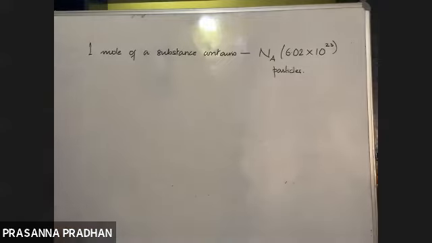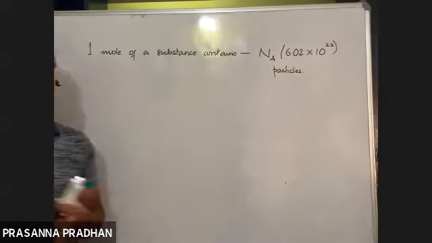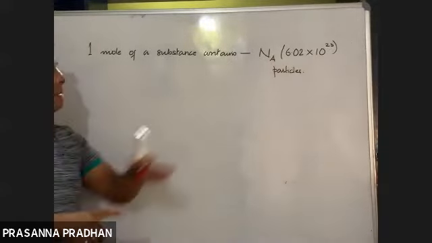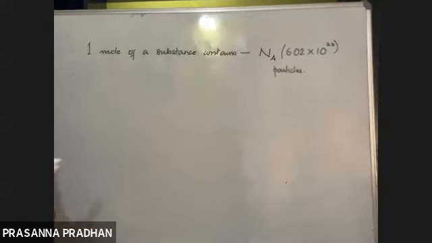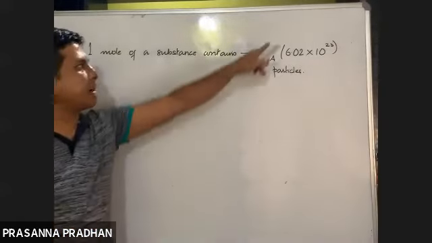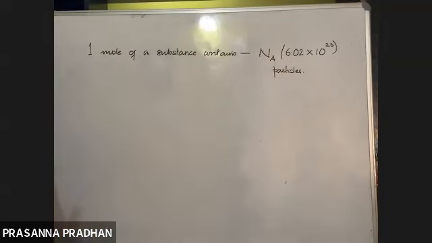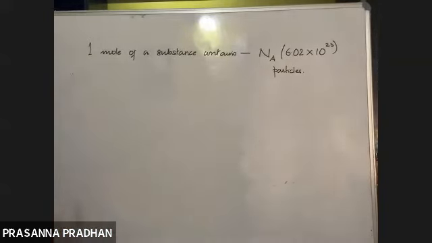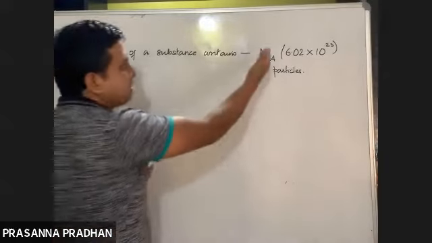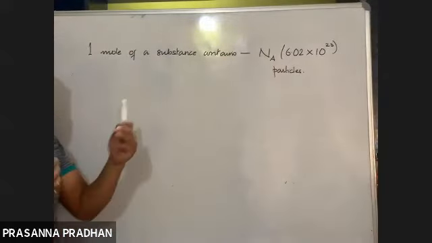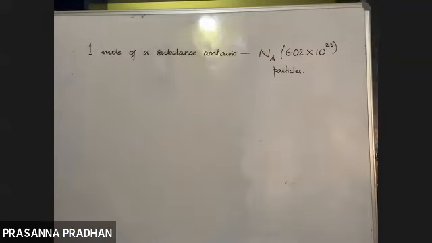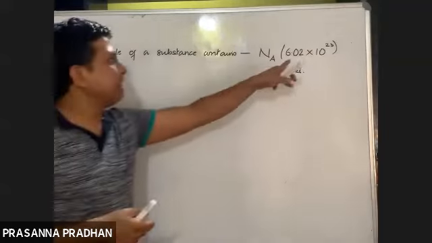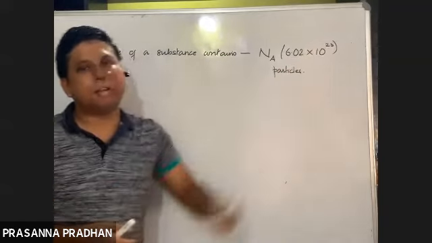1 mole of molecule means Avogadro number of molecules. 1 mole of sodium ion means Avogadro number of sodium ions. 1 mole of apple means Avogadro number of apples. So Avogadro number is just a number. That is why it is also known as a chemist dozen. Just like dozen, if I say dozen, what comes to your mind? 12. So Avogadro number means the value is 6.02 into 10 to the power 23.